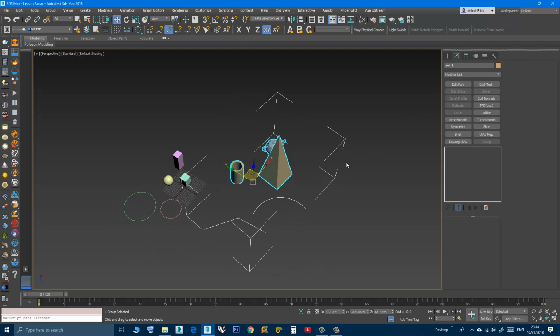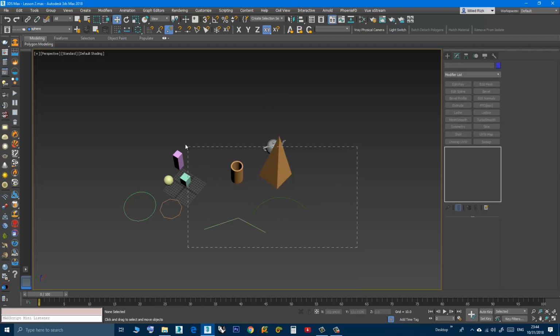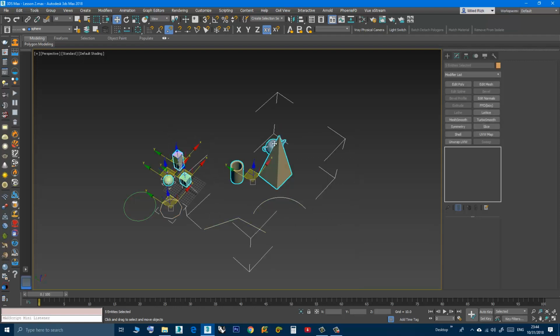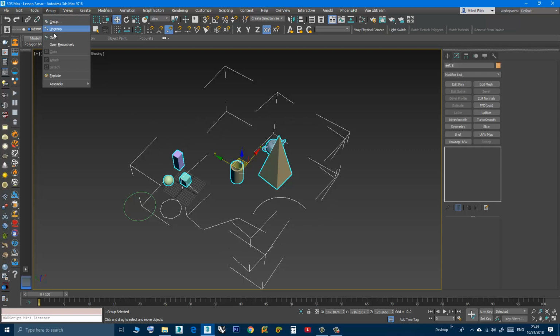You can create a group of groups. For example, I can select this, I can drag a rectangle. Now I have this group selected and these individual objects selected. I can go to group and create a group, set2, okay. Now I have a big group, and inside, if I go to group and say open,